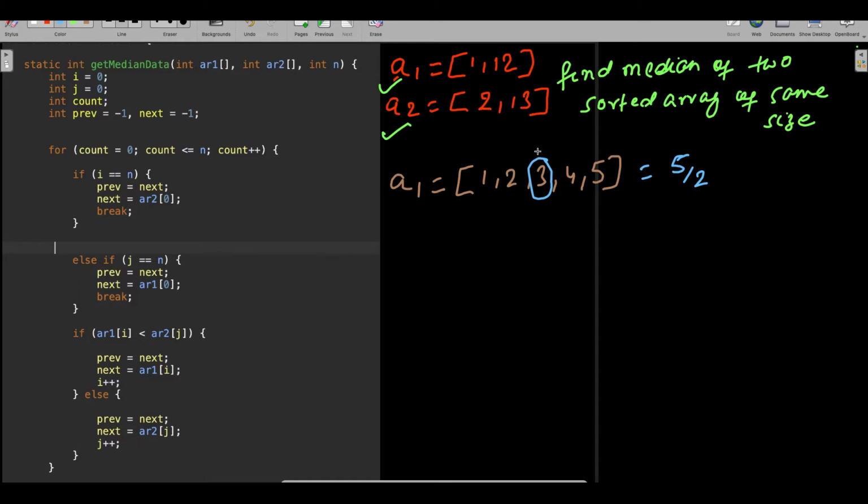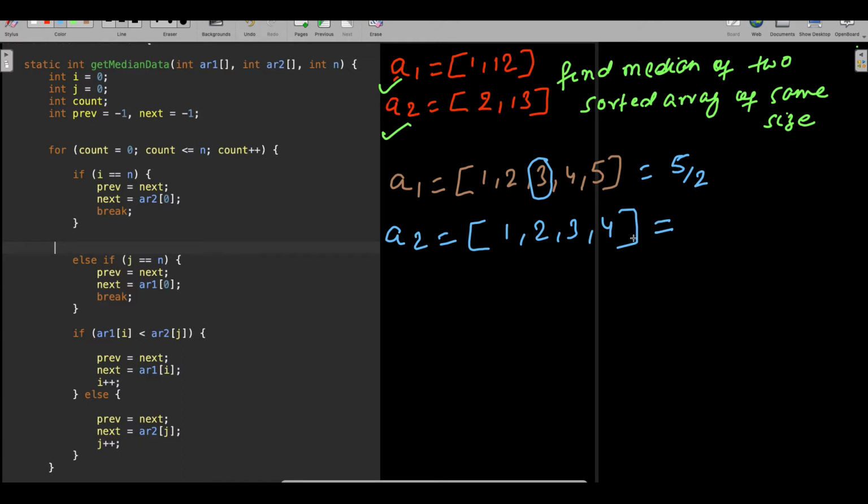Now let's say you have another array where you have data called 1, 2, 3 and 4. So whenever you have, sorry, 4 is an even number, not odd.